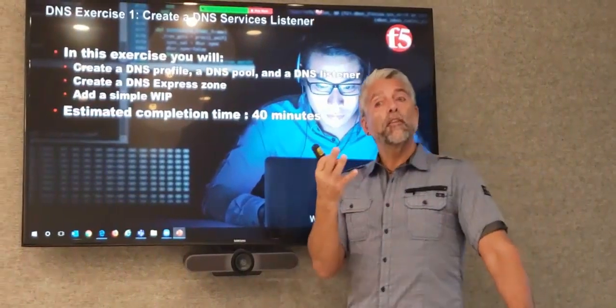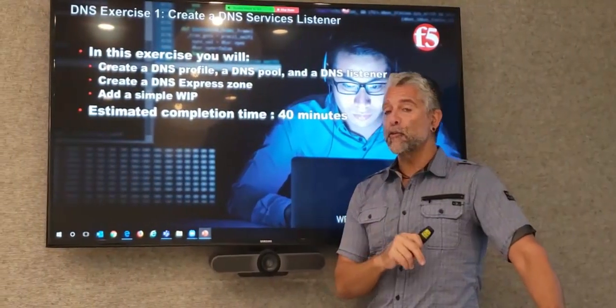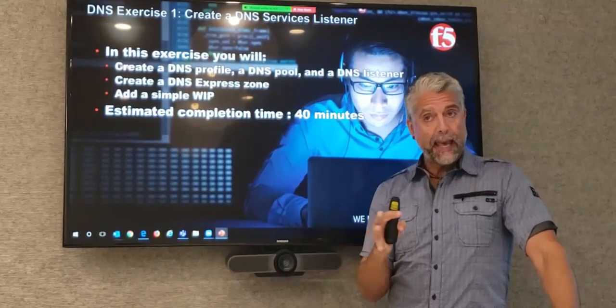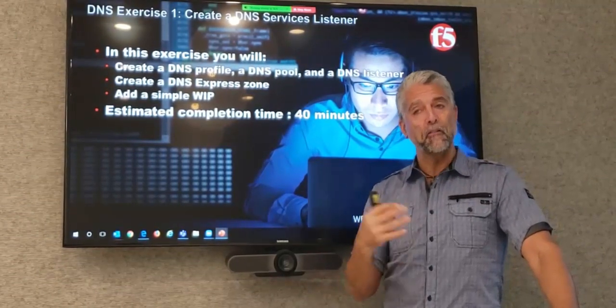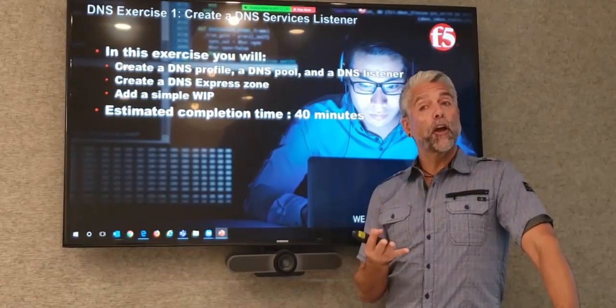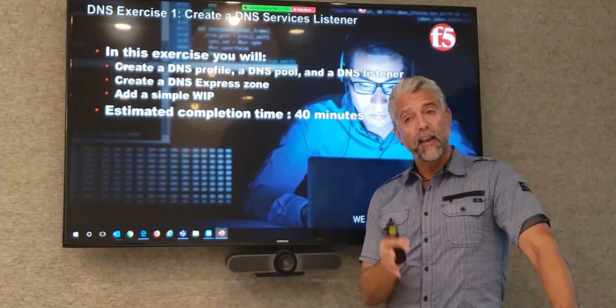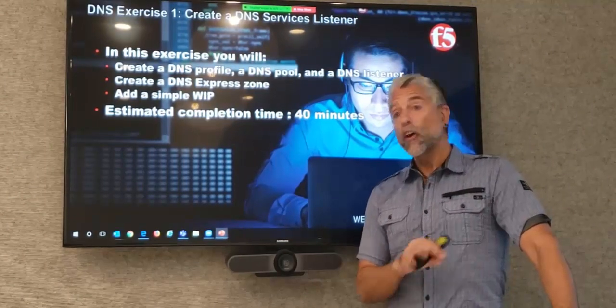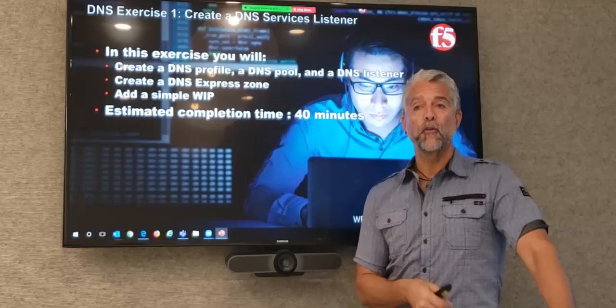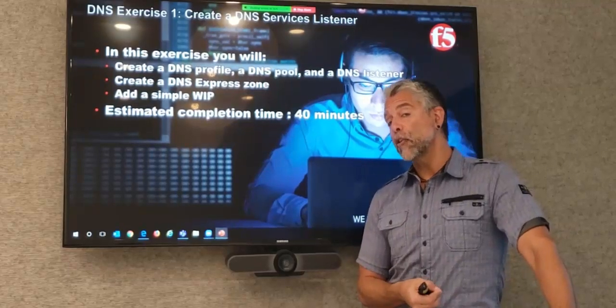So that's all stuff you're going to play with in your first exercise. In this exercise, you already have DNS provisioned in your environment. So you're going to go in and create a DNS profile. And it's important to note, you're not going to change any of the settings. You're going to use all the default settings for the DNS profile. Then you're going to create a DNS listener